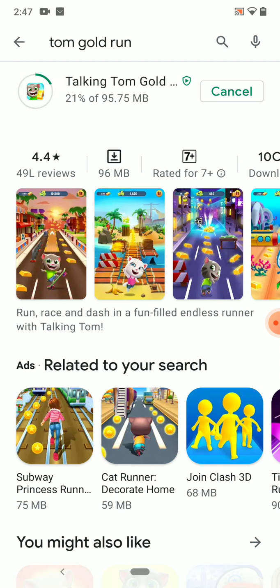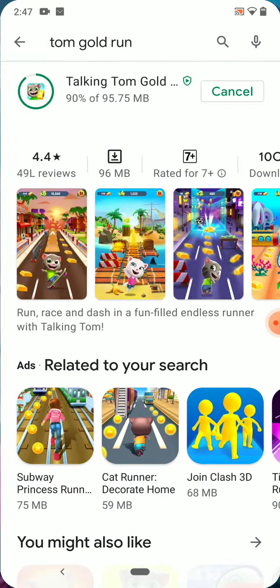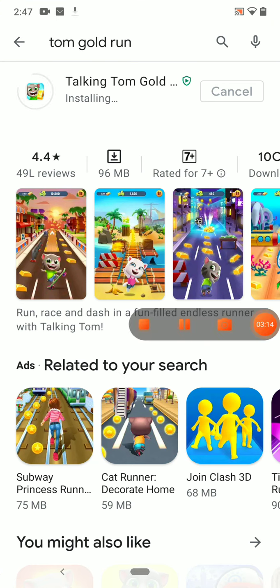After that only will this hack succeed. You have to install this Talking Tom Gold Run. If you open Lucky Patcher before it is installed, also no problem. After this app is installed, you have to open Lucky Patcher.